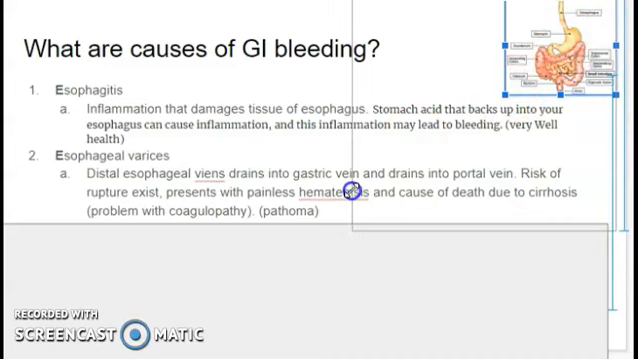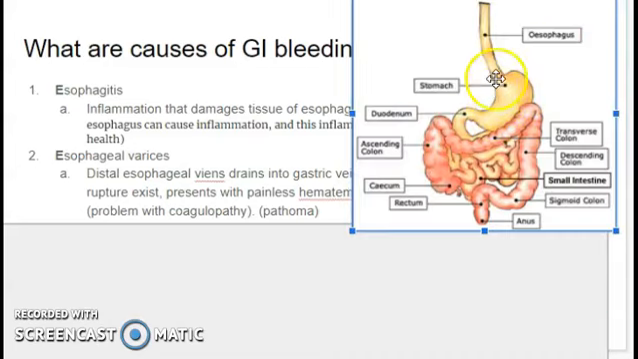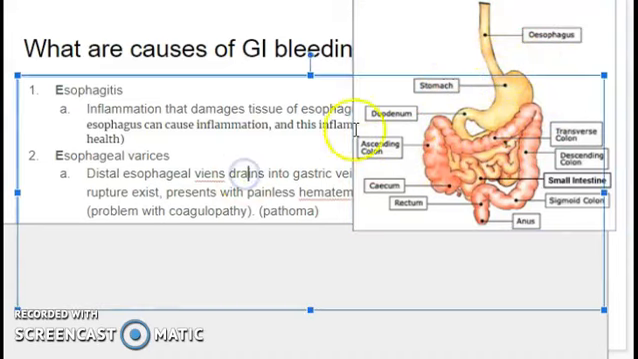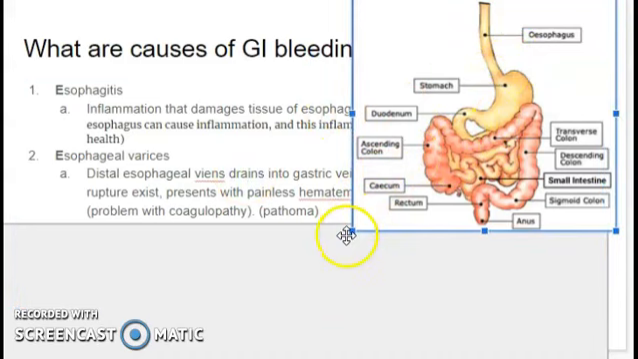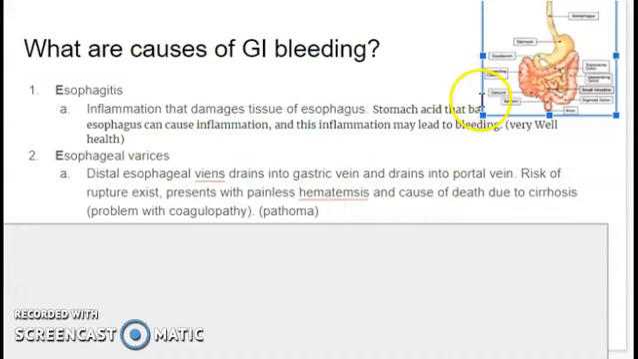So look, what happens is that the esophageal veins drain into the gastric veins. The gastric veins drain into portal veins, and portal veins then go to the liver, and then from the liver they go back to the heart. So if there are going to be esophageal varices, they can back up blood all the way over here, and this would cause very painful hematemesis,